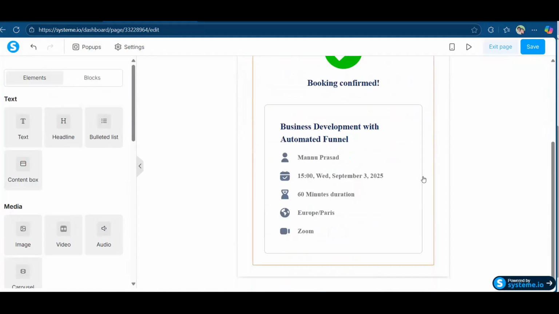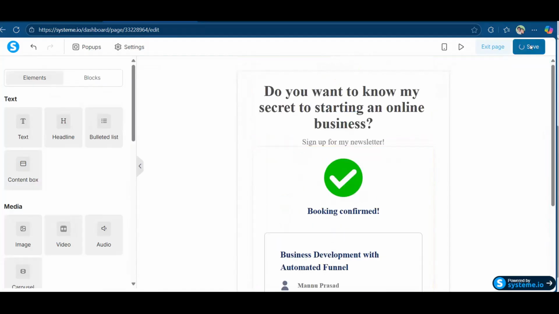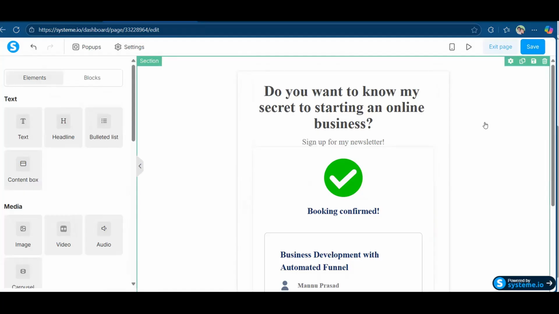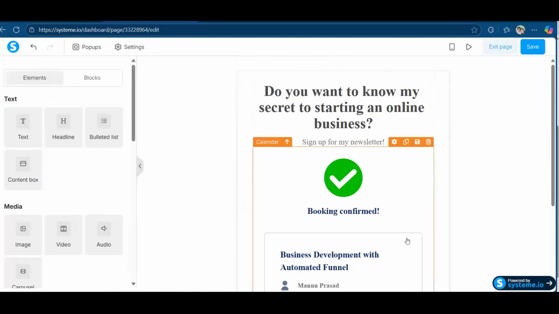Just change it according to your requirement, and just save it. Now you're done. Yes, it is completely done. Now I can go ahead and exit out of my Calendly and anything, and I can start sending out the booking. So now what I'm going to do, I can simply